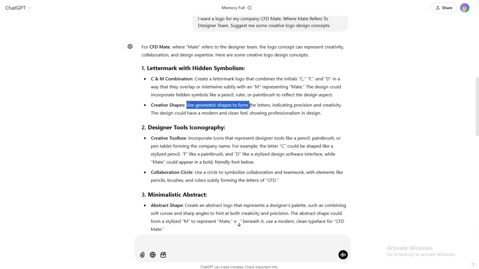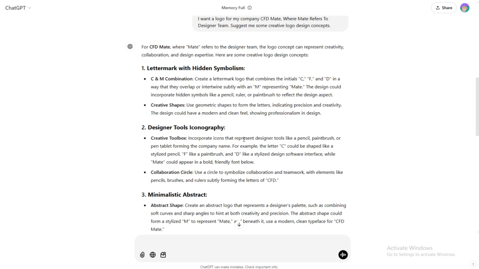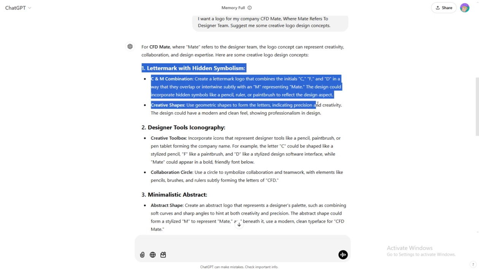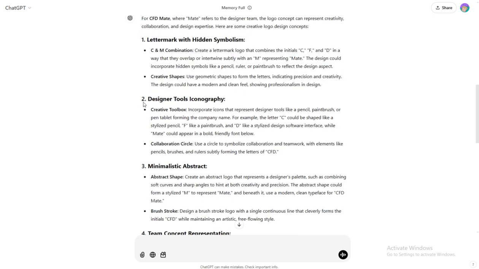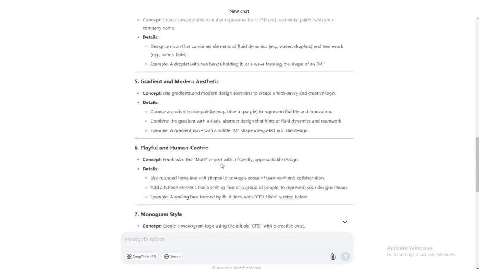Creative shapes: use geometric shapes to form the letters, indicating precision and creativity. The design could have a modern and clean feel, showing professionalism in design. If I say, this is the worst. Actually this is a very common example, so I will not move forward with this concept. Let's check one concept from the